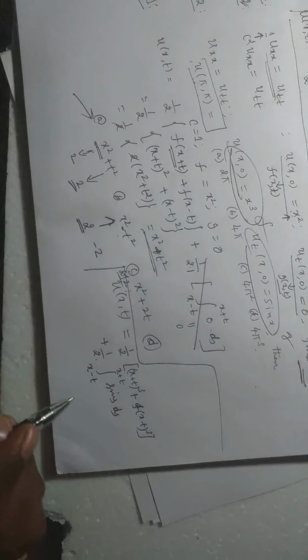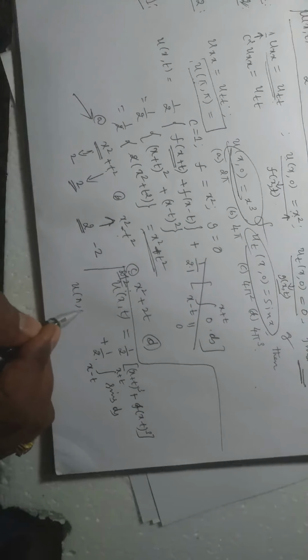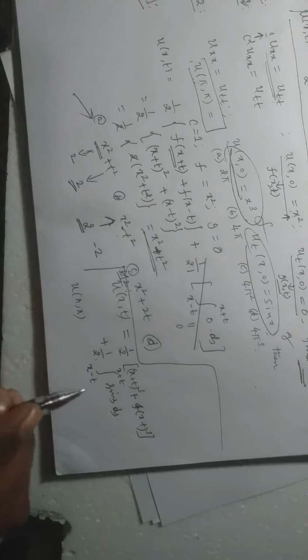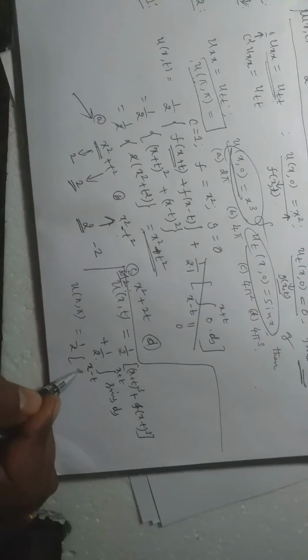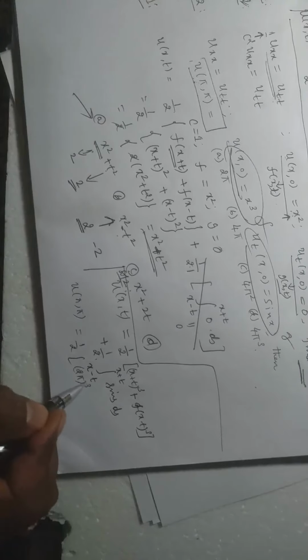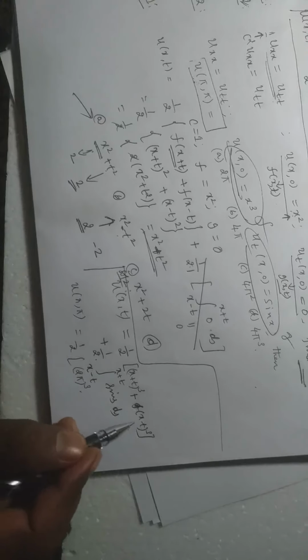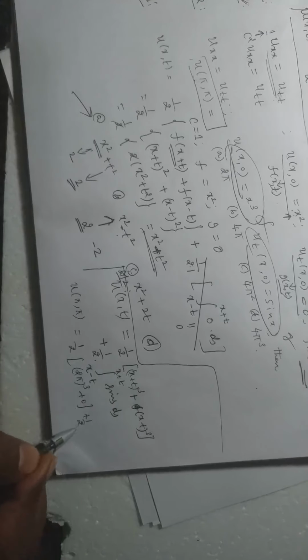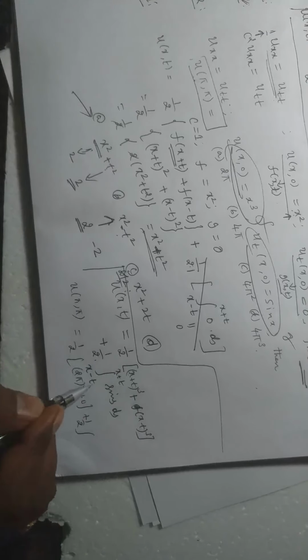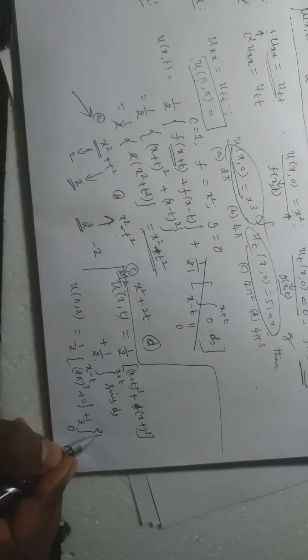So now you need to find, don't calculate this value, just find what is u of pi comma pi. Plug in pi. So this will be pi plus pi, 2 pi whole cube, then x minus t, pi minus pi is 0, so the second term is 0, plus 1 by 2 into the integral, pi minus pi is 0, pi plus pi is 2 pi, so 0 to 2 pi sin s